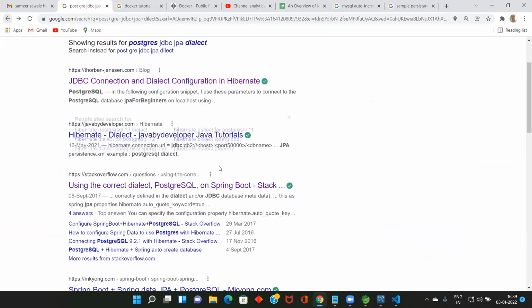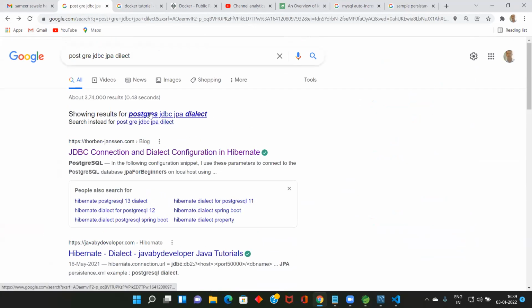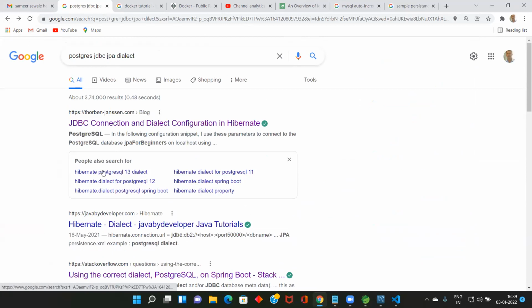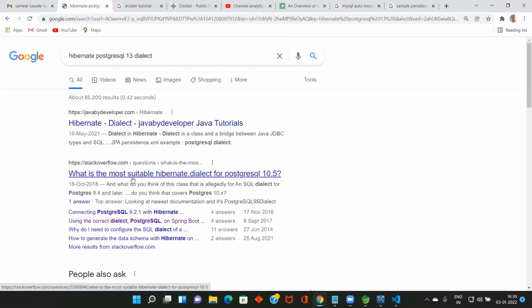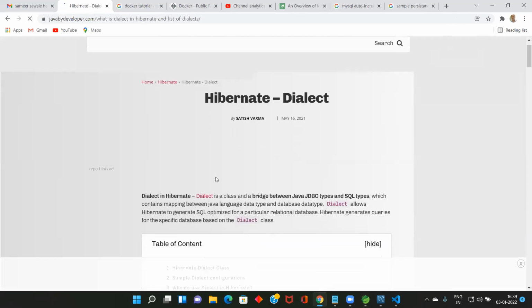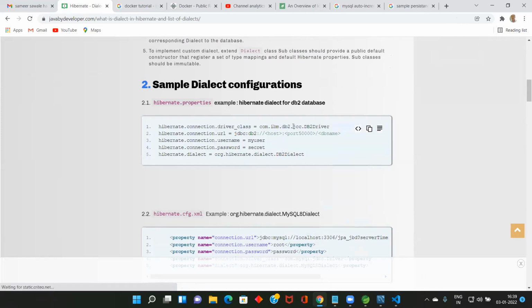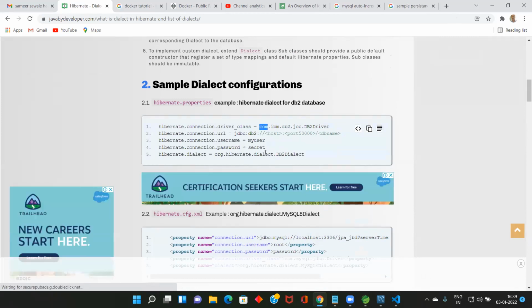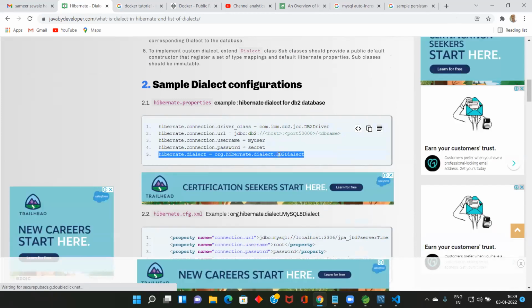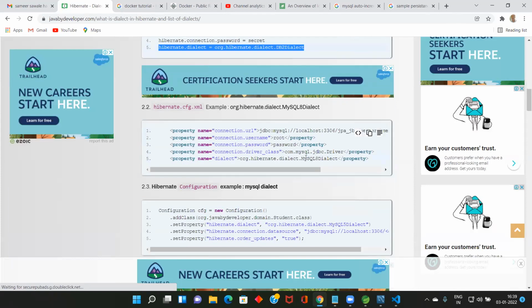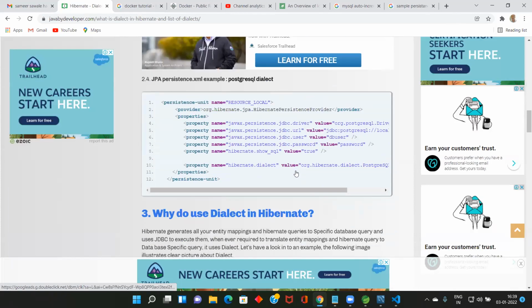Here we can see Postgres dialect, Hibernate Postgres 13 dialect. So what is the dialect here? DB2 dialect, MySQL dialect, this one. See, the PostgreSQL dialect, this one.